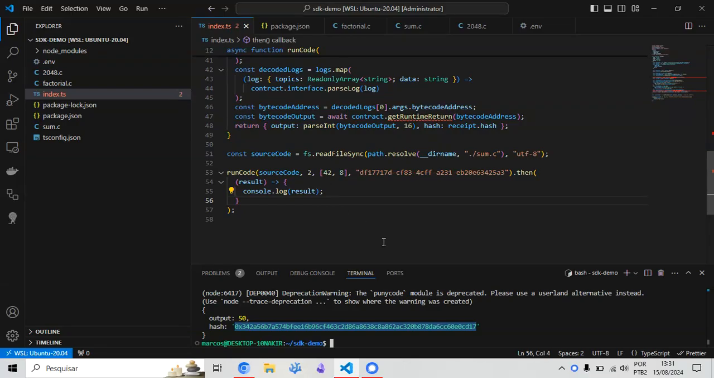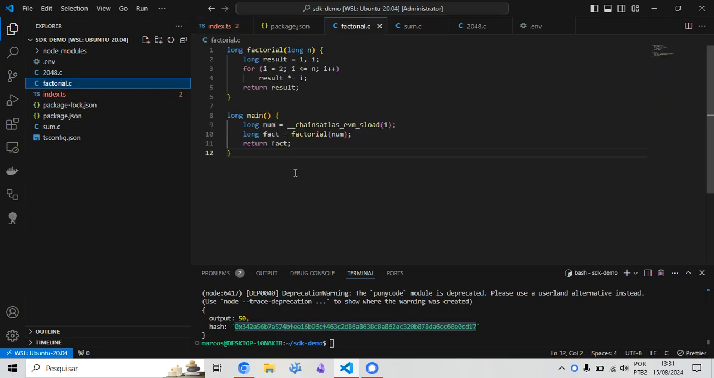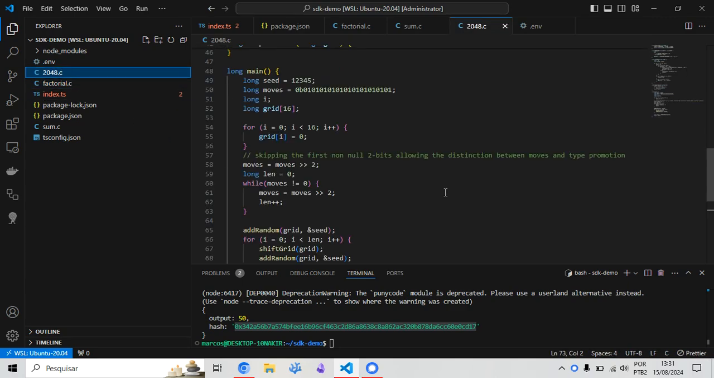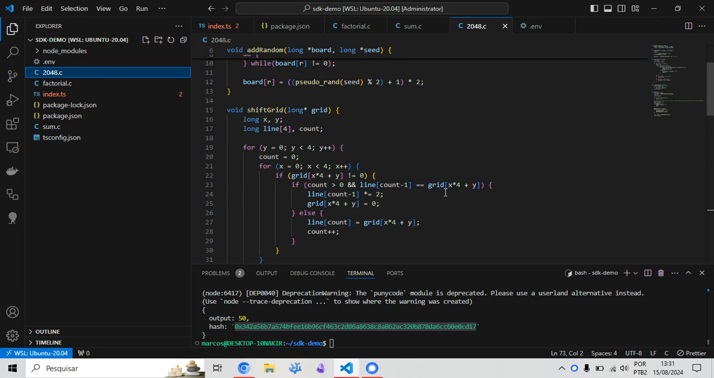Now let's try other examples, right? Because some are very simple, nothing interesting happening there, but we can build more interesting stuff. For example, we have a factorial here which kind of does the same thing. You give it an integer, and it will calculate the factorial for you, but we can also go into something a little bit more complex, like the 2048. So this is really interesting for